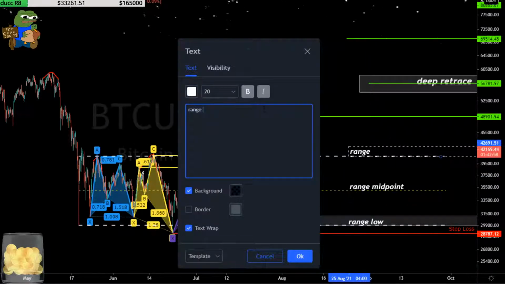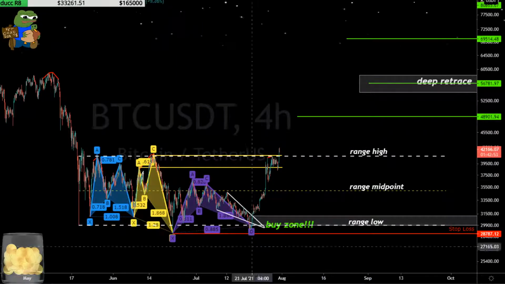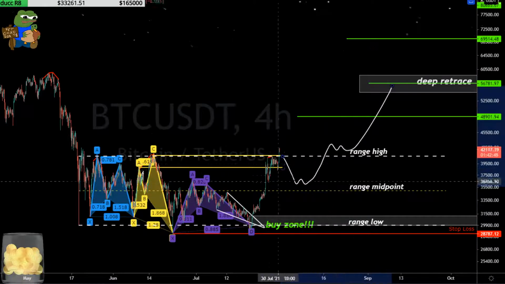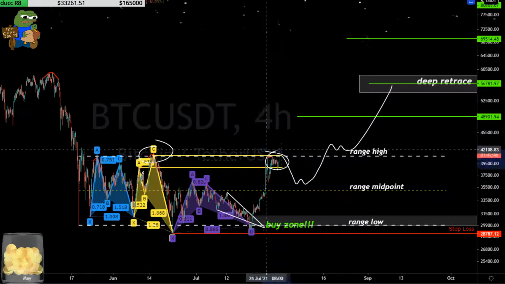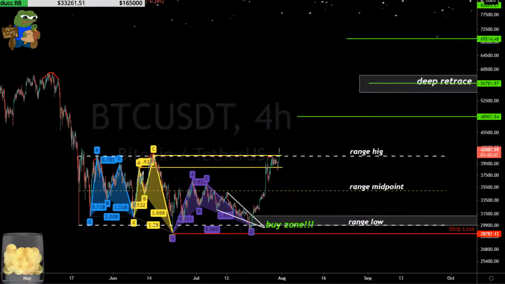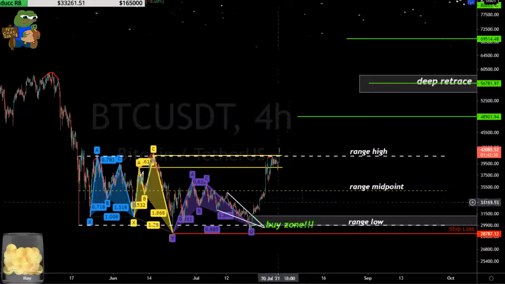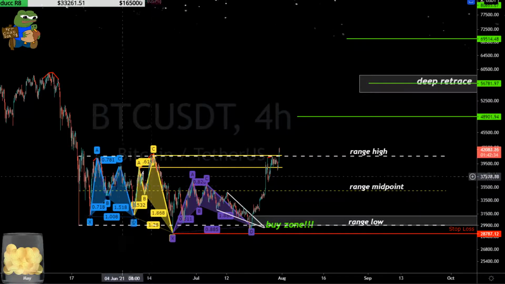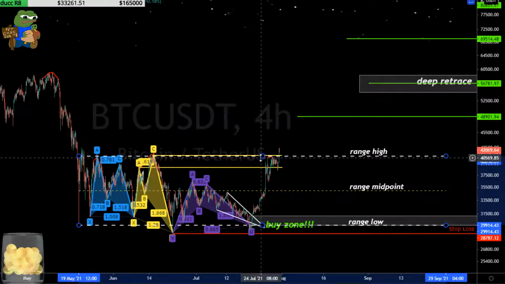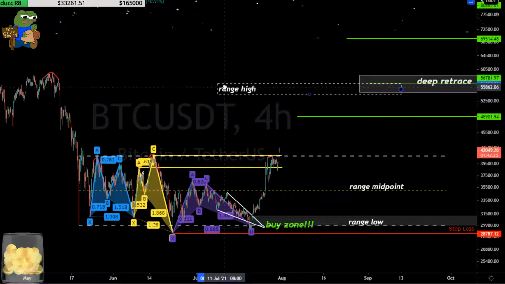But if this holds, or when this decides to break out, right? Because sometimes we might fall back in and then break out of it, right? Either way, it's like 1, 2, 3 maybe. Either way, we're going to see this lost at some point, you would figure, okay? So when this happens, we're going to leave the previous range, the current range that we're in, and we're going to jump up into a new range. So what that's going to do is create a new range high somewhere, all right?